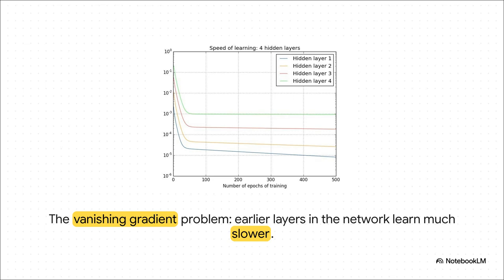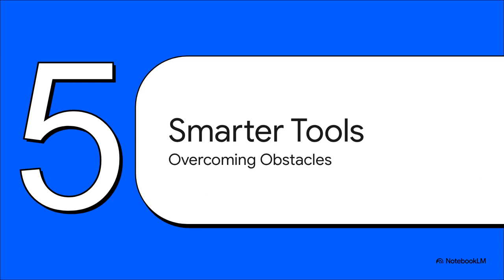And this chart shows that vanishing gradient problem perfectly. It's showing the learning speed for different layers in the network. Just look at those bottom lines. Those are the earliest layers in the AI. After just a few rounds of training, their learning speed completely flatlines. The feedback signal that's being sent backward is basically fading to nothing by the time it reaches them. So these crucial early layers are just frozen, unable to learn anything new. The network is paralyzed.